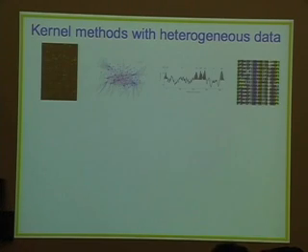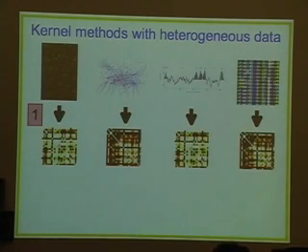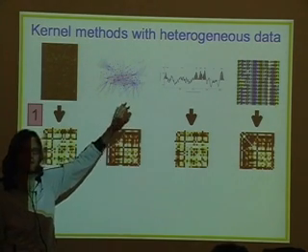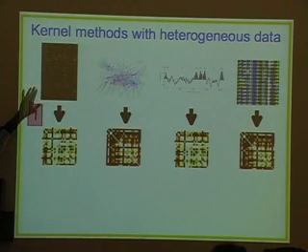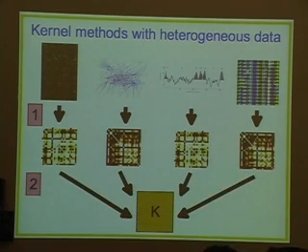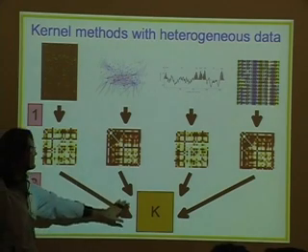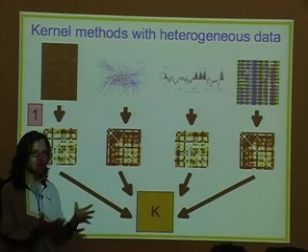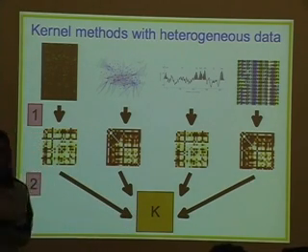So basically, in pictures, what I want to do is for each source of information that I have here, I want to design that matrix. And so that's already a step forward, because right here we're dealing with a whole bunch of sources of information that are very heterogeneous, while right here we have just a set of homogeneous kernel matrices of known size. Okay, so this already makes it much better defined what we are dealing with exactly. And then in the next step, we need to find a way to merge all these matrices together into this final kernel matrix K that we then want to use for our classification problem.